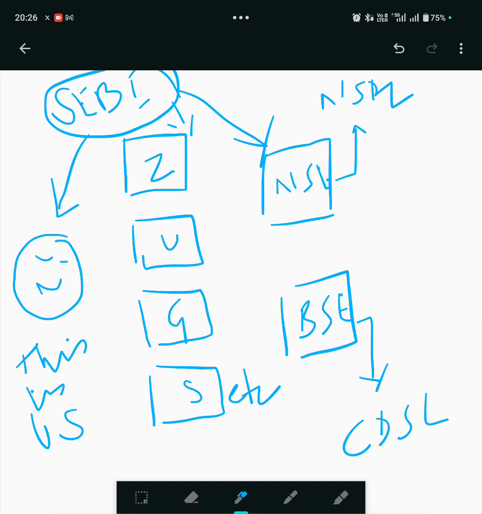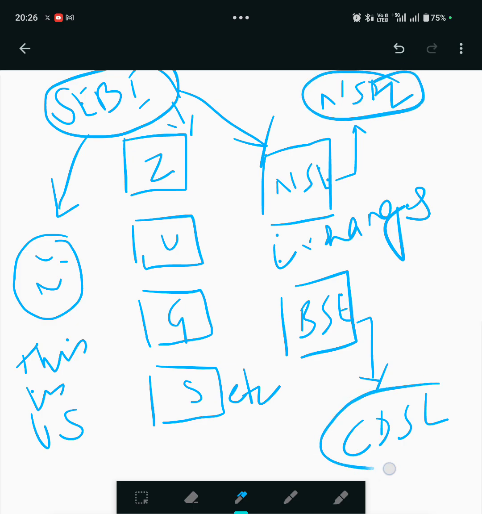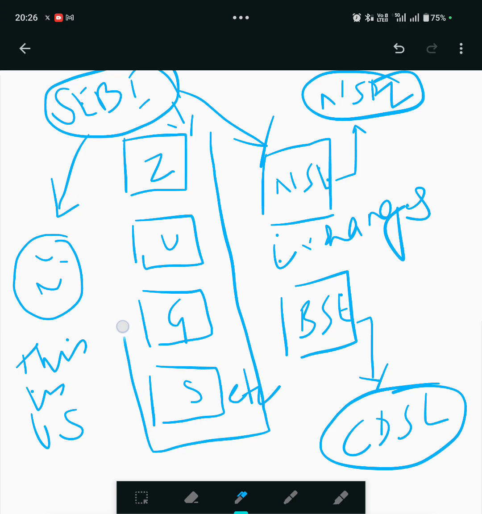So these are called exchanges. These are depositories. These are the brokers, or in sophisticated language they are called DP, Depository Participants. It means they are the participants of NSDL and CDSL. Okay, and these brokers will provide us one